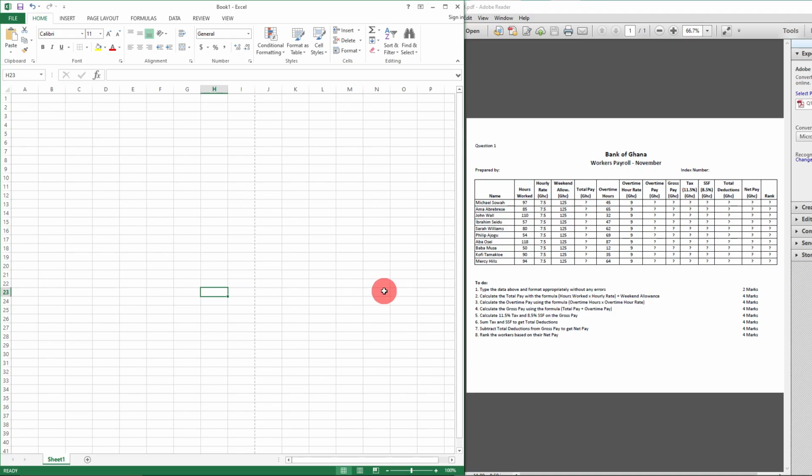The command that I use is Windows left arrow key for the Excel, and then Windows right arrow key for the question. So I've gotten my screen now, so I can start typing. So the top of the bank is Bank of Ghana. So you can also start typing the Bank of Ghana, and this Workers Payroll, November,